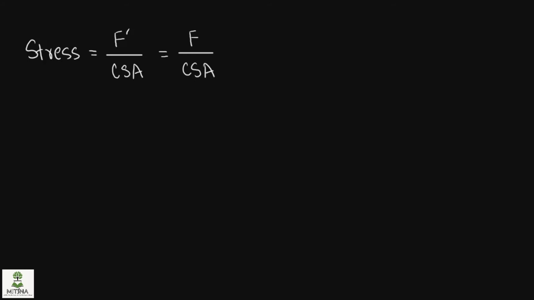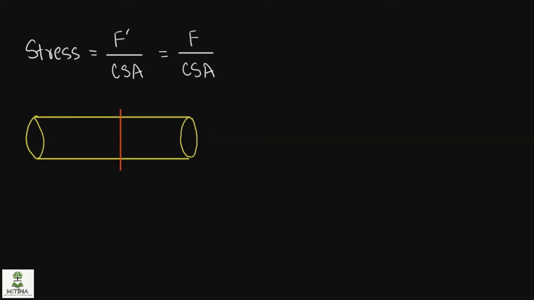Now what is cross sectional area? Suppose we take an object which is cylindrical in shape. We will have an object somewhat like this. Now, if we cut at any portion of this cylinder and we view it from a side, suppose we view it from this side, what kind of shape will we see? Definitely it will be a circle. The cylinder will have a radius and that will be the same radius of this circle. If the radius of this circle is r, then its cross-sectional area will be equal to pi r square.